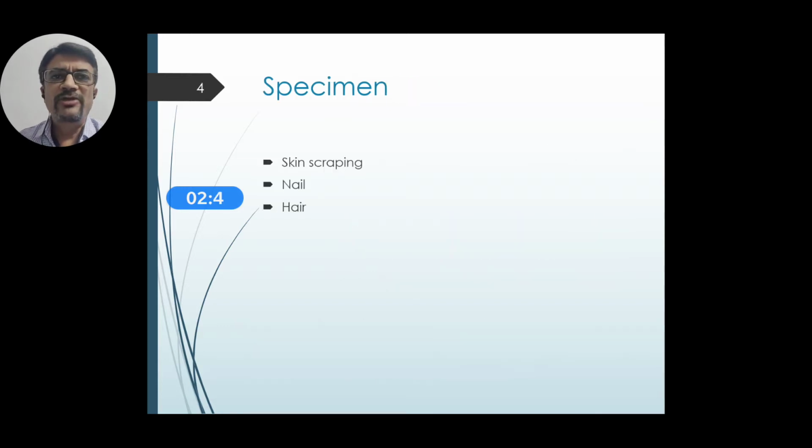So the first specimens which we may receive for the diagnosis are three things, because this infects three things, that is skin, nail and the hair. In skin we have to scrape it. So with a sterile blade you have to collect the specimen, the superficial layer or the epidermis of the skin. In case of nail, the affected nail already becomes very brittle. So if you rub the blade, you will get a powdery material, or you can cut that portion of the nail if it is over the nail.